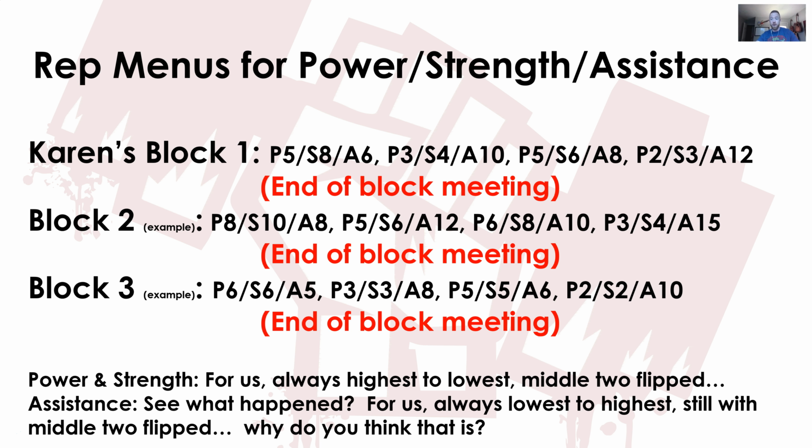So you can see that when our strength, looking at block 1, the 4th phase where it's power 2, strength 3, assistance 12, when our strength work is the most neurological stress with only 3 reps, our assistance work is at the highest number of reps, more mechanical stress with 12s. So we're always spreading those stressors out, if that makes sense. We're never too far away from any given quality at a time.